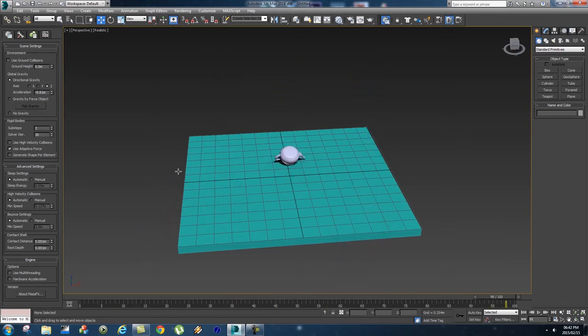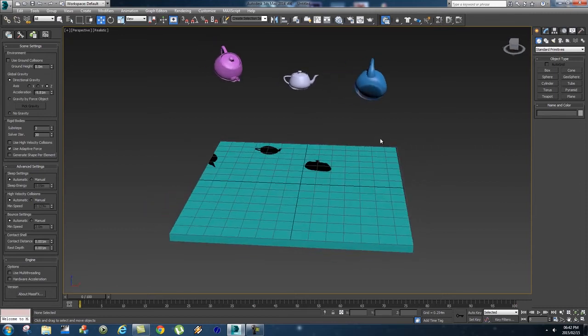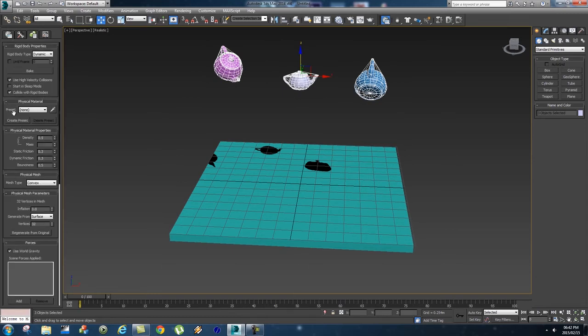Okay, now you can see they're actually falling off of our ground object, which is great, and I'm going to stop that and just reset that again. Okay, some other settings that you can change is if you select all these teapots and you go to the third tab, the multi-object editor, you can actually set their physical material to something specific like cardboard, concrete, limestone, rubber,